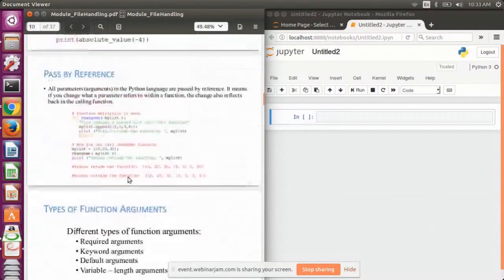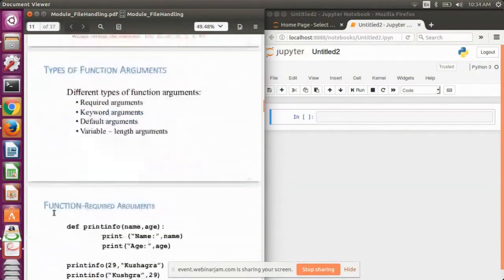And one particular thing, that in functions, every argument is passed as a reference variable. It is not passed as a value. Means to say that if we make any change inside a function to the passed variable or to the argument, the change will be reflected outside the function also. But this is possible if the variable that we have passed is a mutable variable. If it is an immutable variable, then there will be no change outside the function.